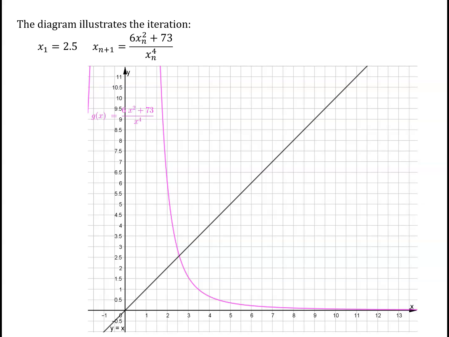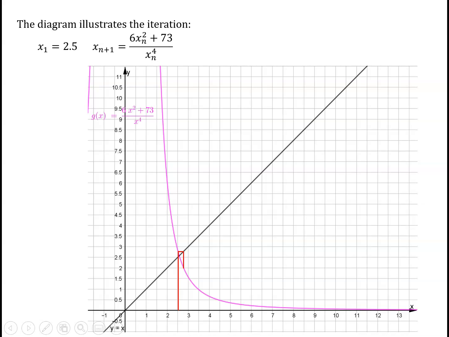So starting with our first value of x1 equals 2.5, we move up to the curve to obtain the point (x1, x2), across to the line to obtain the point (x2, x2), vertically to the curve to obtain